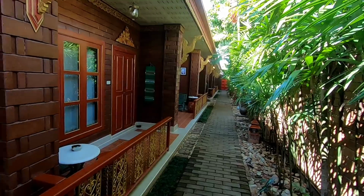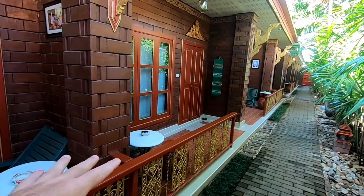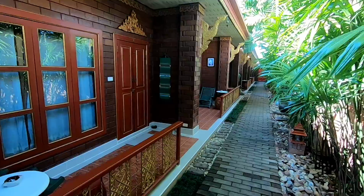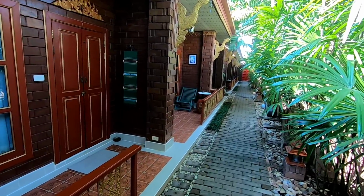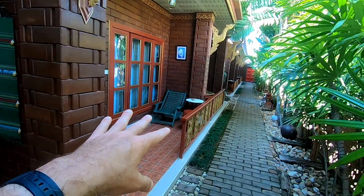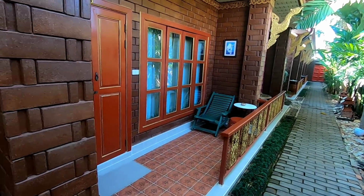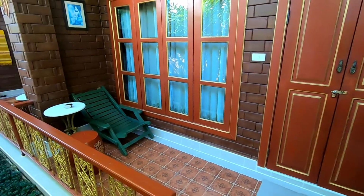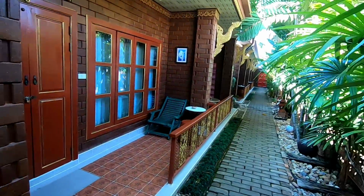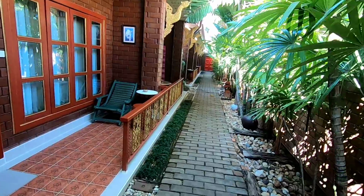And I do like the layout because I love having an outdoor balcony where you can sit by yourself, but I also don't mind being able to see your neighbors a little bit, right? It gives you a little bit of that social feeling. These ones, they seem to have gotten it just right. I feel like I could sit here, feel like I'm by myself, enjoying my morning coffee, and yet I'm kind of aware of my neighbors, and I could have a chat with this neighbor or that neighbor, and you can sort of see them, but just enough. They're not in your face as neighbors, you know? So yeah,